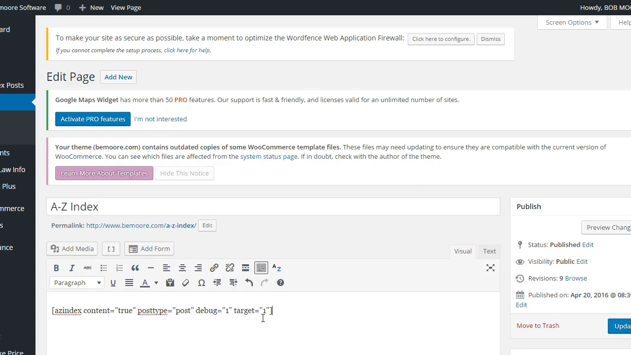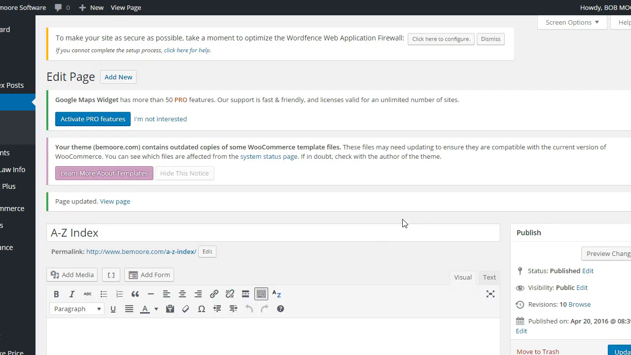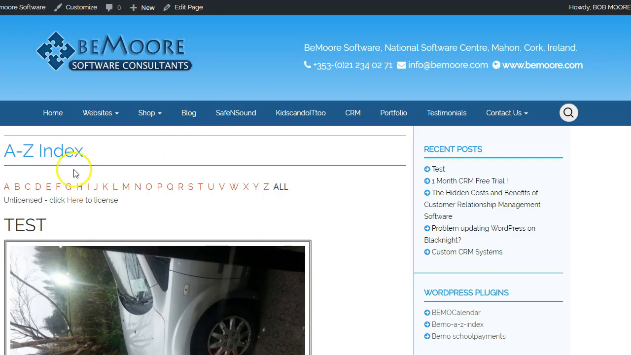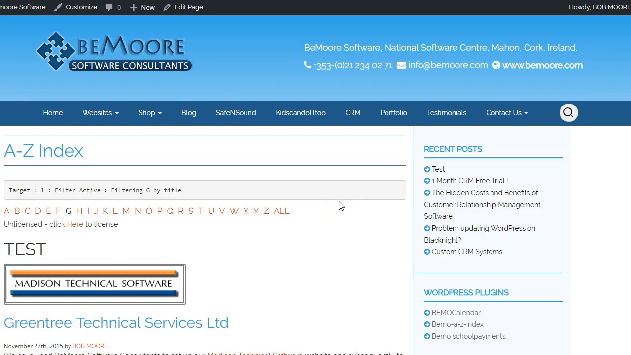In a lot of cases, people won't need to do this. But in some cases you do. It depends on your theme. So let's save that and try it now. View page again. Now click on this. And now we have